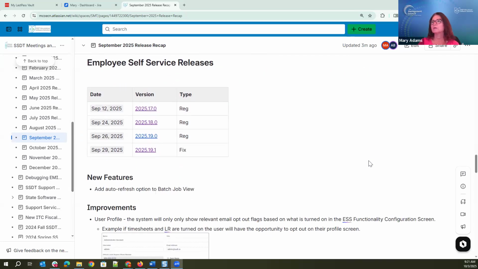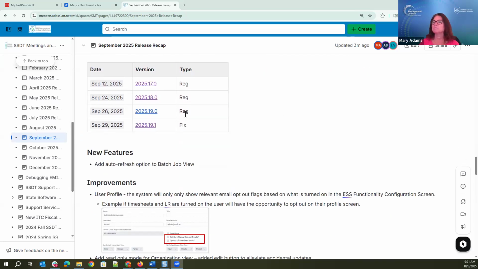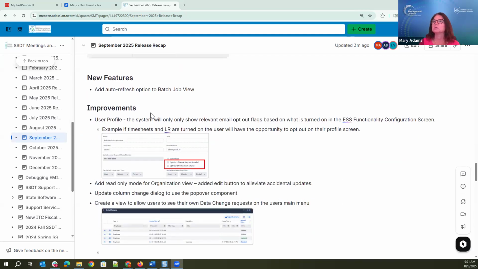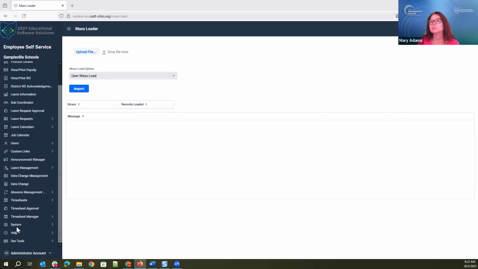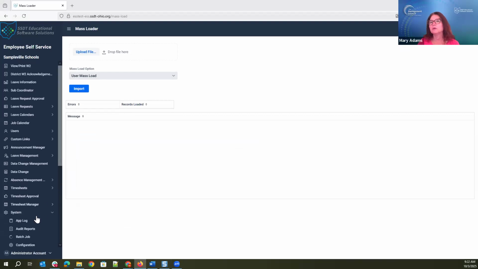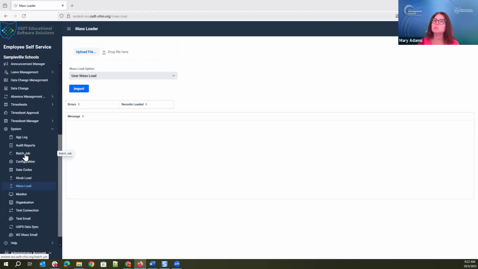So we had 3 regular updates and then 1 fix. The first update that we had was an auto refresh option that was added to the batch job view. So I'll show you where that is. If you go in as an admin and you go into system and then batch job,